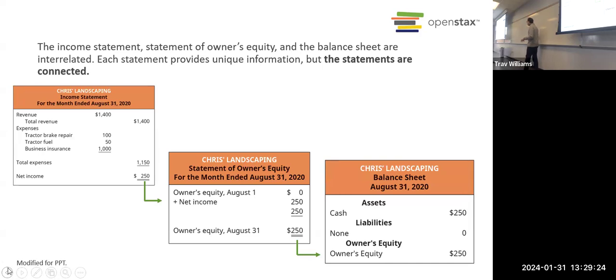If you were going to make these three financial statements, which one would you make first? The income statement, exactly. Because you need that information before you can make the statement of owner's equity, and you need that before you can make the balance sheet. So you're already familiar with 3 of the 5 financial statements that we will be making this semester. There's still a lot to learn. So, any questions at this point?